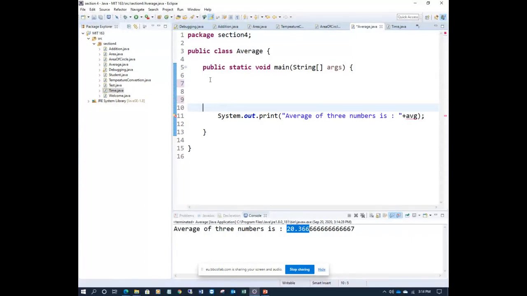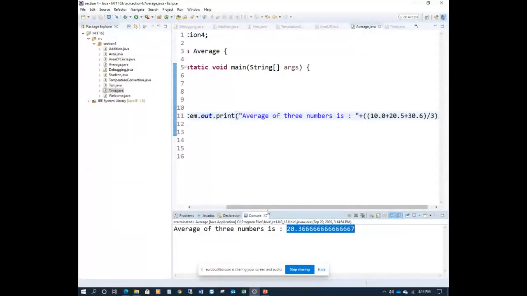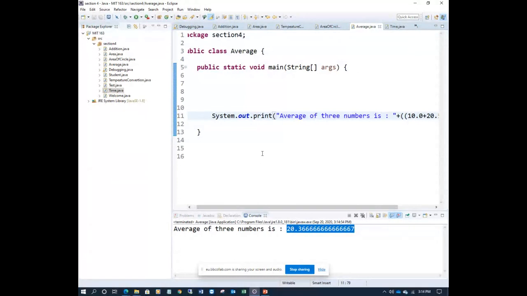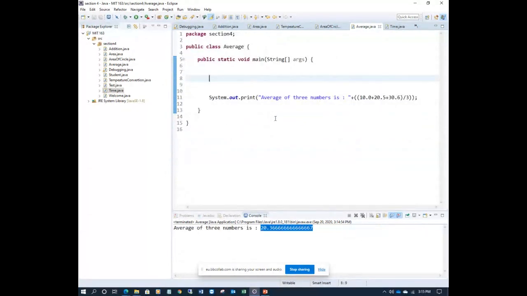This is the equation, right? So I'll keep it here, remove the space and add parentheses, one more to avoid confusion. Yes, I'm adding the equation. Run this and we'll get the same answer. So in one line you finish the program. Let me minimize, you can see the whole equation here. In one line you can finish the program. This is how you do it in exams.